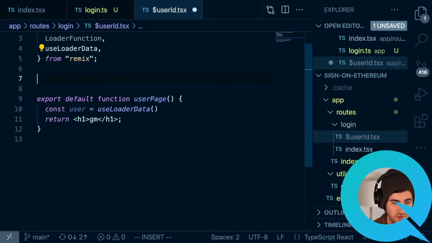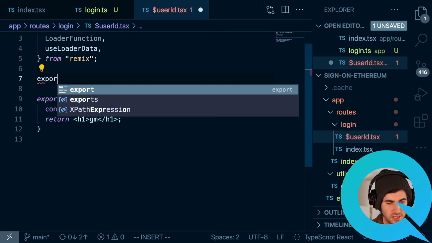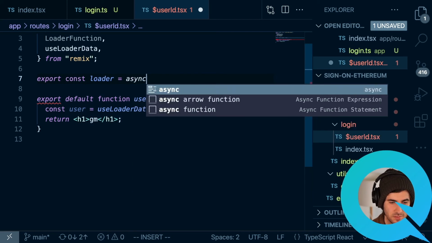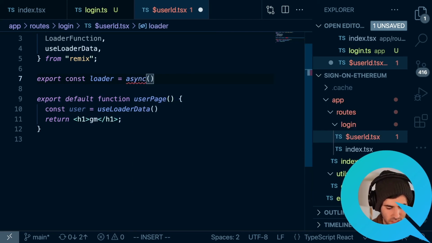Just like we had before with the action, we're going to say export const loader equals an async function, and this is going to take a params object.